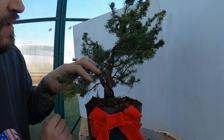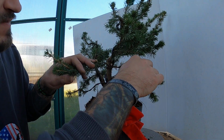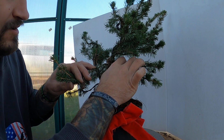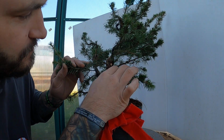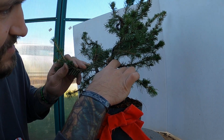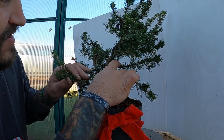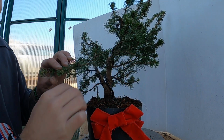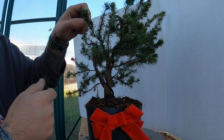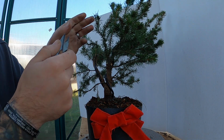So that's tough. That's a really tough option here. Oh man. Because this one would be great as well with how thick that one is. But we have to think about the long run here, and the long run says we can't really do that. So I'm just going to come in and try to stop the growth by just nipping off the ends here